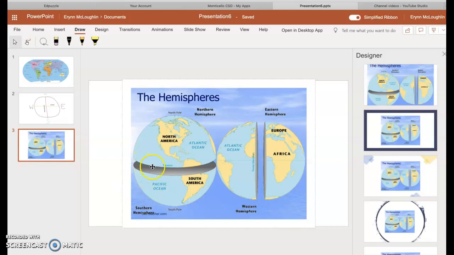Okay, so the equator, the imaginary line that runs from the west to the east, breaks the globe up into the northern and the southern hemispheres. The imaginary line that runs from the north to the south breaks the globe up into the western hemisphere and the eastern hemisphere. All right, so